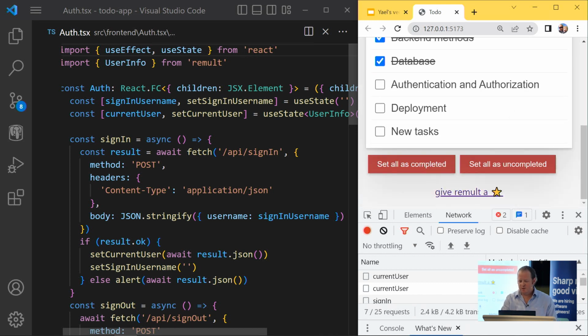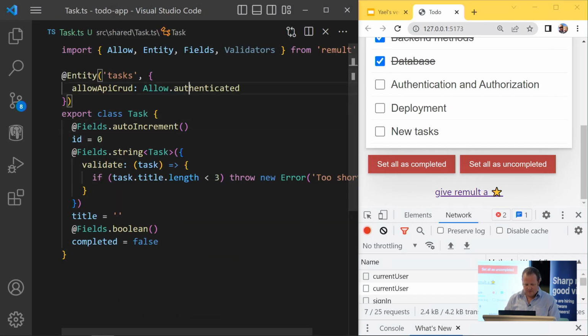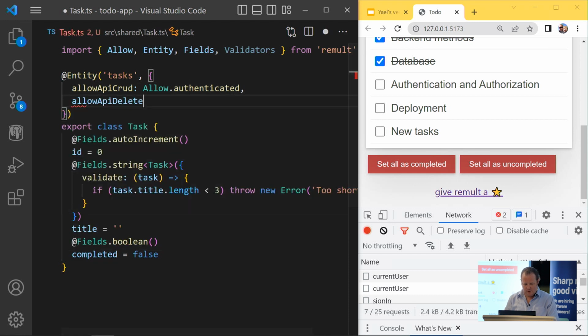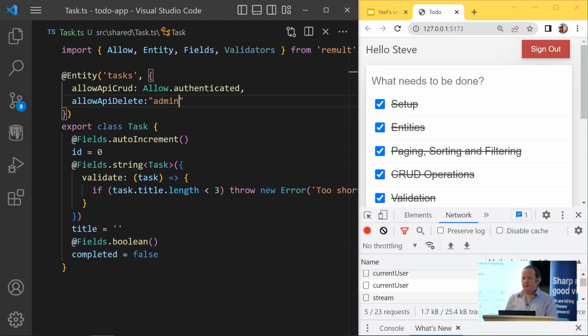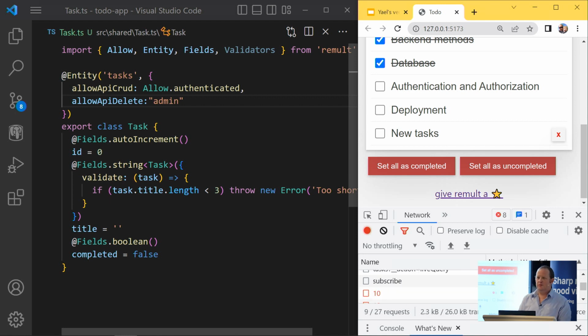Okay, but Steve is not responsible enough to delete tasks. And we believe that Jane is responsible. So let's go to our index.ts. Let's go to our test task first of all, and say that we only allow delete for someone who is an admin. And as soon as we do that, Steve can no longer delete the task. He'll try to delete it, but it will fail, and we'll get the error over here